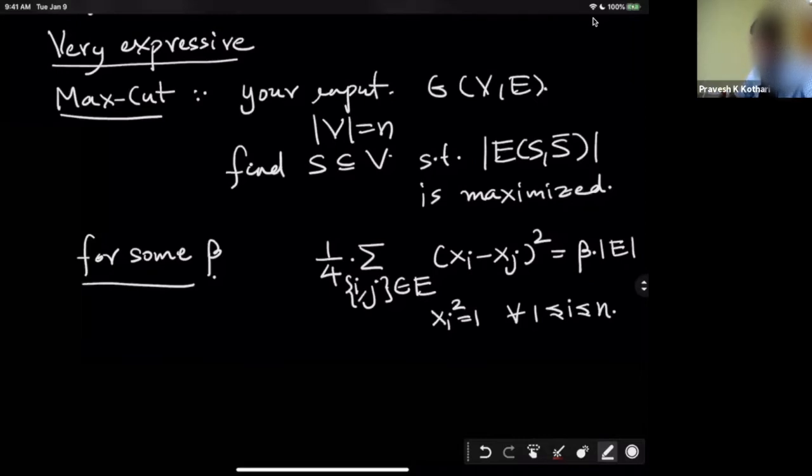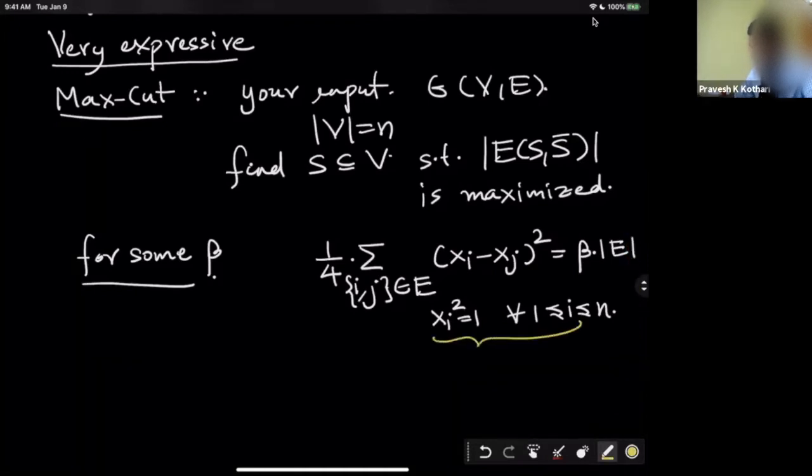Let's look at the constraints xi squared equals 1 to begin with. The only solutions to xi squared equals 1 for 1 less than or equal to i less than or equal to n are vectors x which take values in the Boolean hypercube, plus or minus 1 to the n. Agree? So this system basically means that x can take values only in plus or minus 1 to the n. Very good. Now it's natural to associate any vector in plus or minus 1 to the n to a subset of vertices